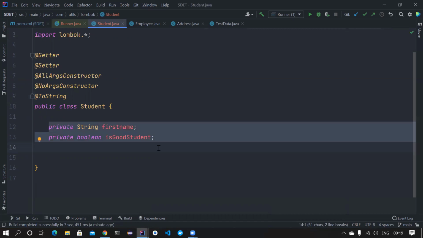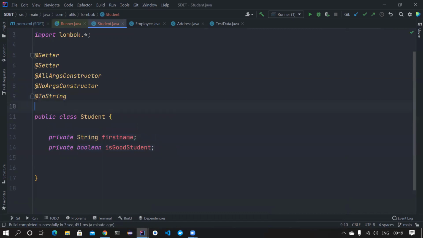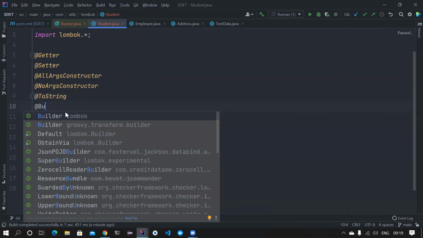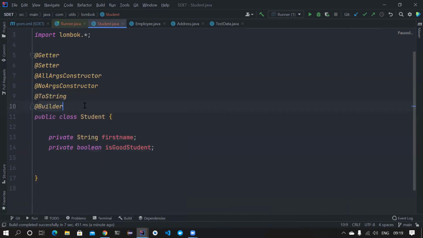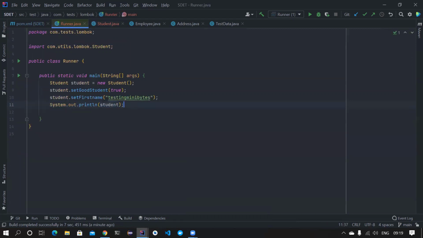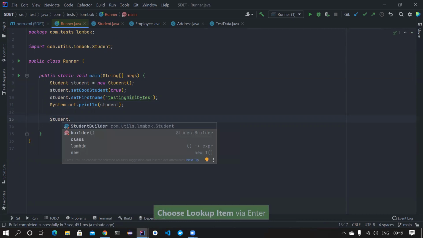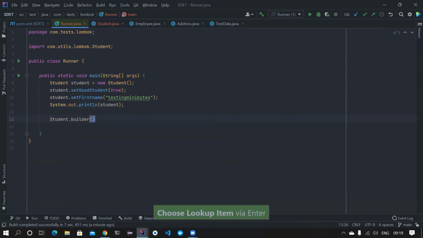Again, guys, this may look a little complex, but for now you can just understand. You can also use something like builder, which is going to help you build your student object. If you use this, you can go here and type Student.studentBuilder, and then builder dot.